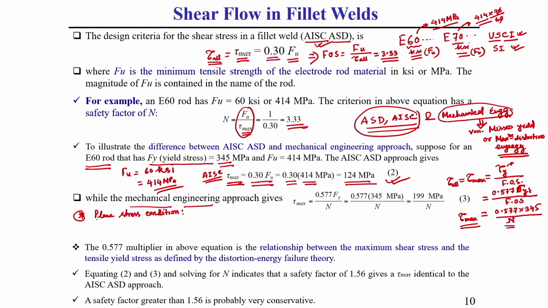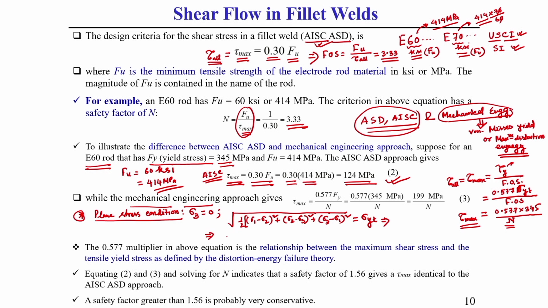we can say the principal stress sigma 3 component will be 0. So, according to the von Mises or maximum distortion energy criterion, the formula is: half of (sigma 1 minus sigma 2) square plus (sigma 2 minus sigma 3) square plus (sigma 3 minus sigma 1) square, equal to the yield stress in tension squared. These are the things we know.